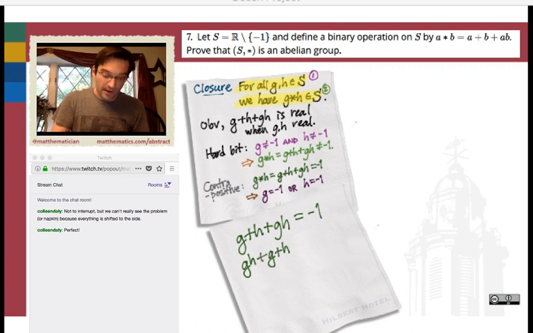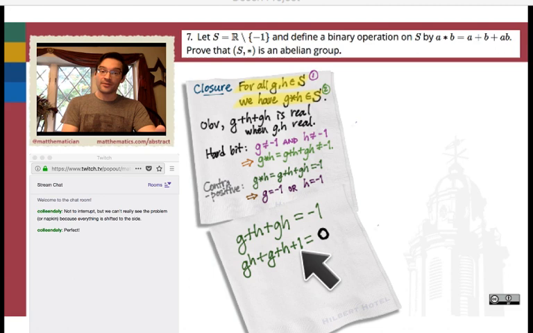So I'll take this -1 and I'll add 1 to both sides so that the other side of the equation is equal to 0. 0, of course, is the magic number for doing anything with polynomials, because now we're going to have the option of factoring what's on the left-hand side. If I can factor what's on the left-hand side, then the zero factor property, which is another one of those